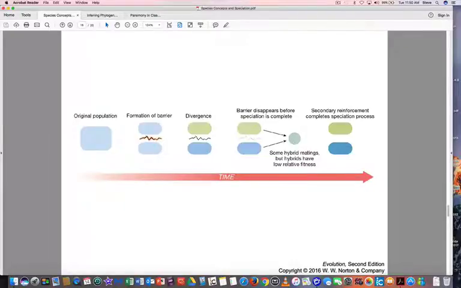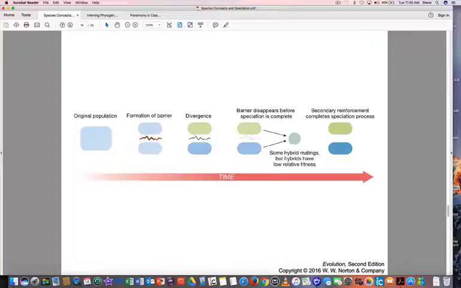In this particular case, because those hybrids have low fitness, selection acts against mating with members of the other species, and you get what's called reinforcement, such that it completes the speciation process. So selection acts against mating with individuals of another species, and selection favors mating with your own species because your offspring will have higher fitness than the hybrids. So even though they potentially mate for a while, the process over time can complete,